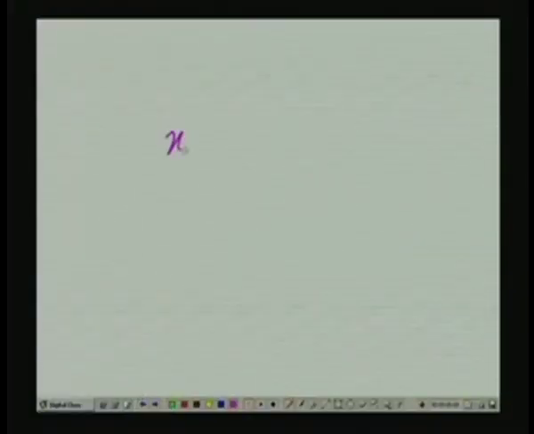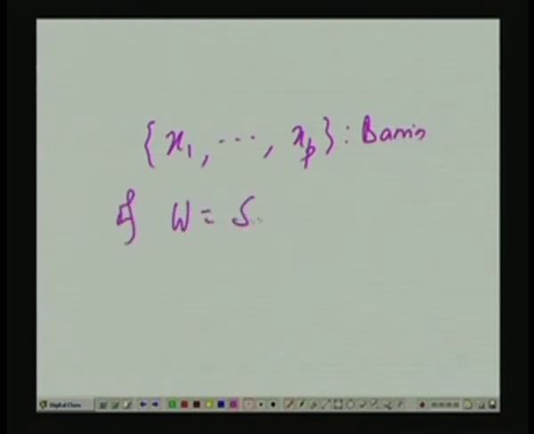Okay. Similarly, here also, if you have some vectors x1 to xp, they are linearly independent if none of them is expressible as a linear combination of the rest. So, x1 should not be expressible as a linear combination of x2, x3 up to xp. Same for x2, x2 should not be expressible as a linear combination of x1, x3, x4 up to xp, and so on and so forth. In that case, this becomes a basis of W, which is a span of